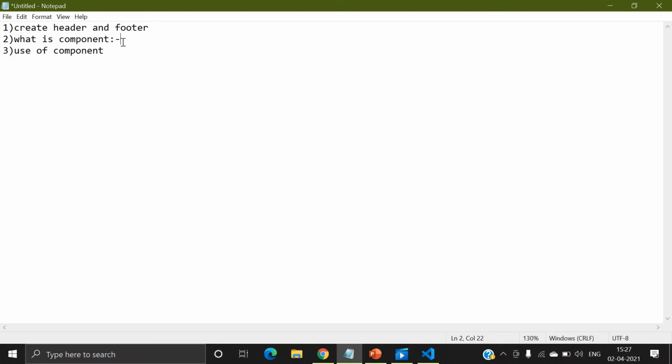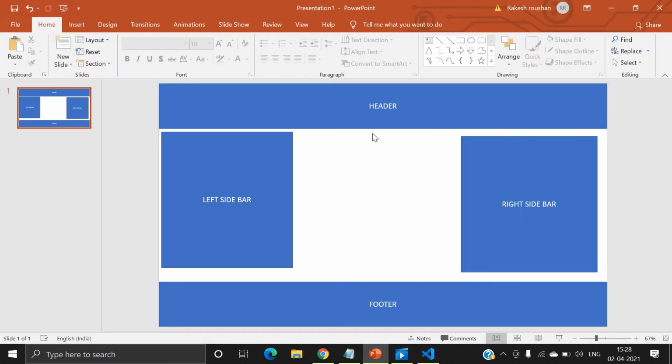And Angular is also totally based on component. Without component you cannot create any web page, right? So component is just like a piece of code you can use for multiple purposes. That is called component. I have made one ppt for component.